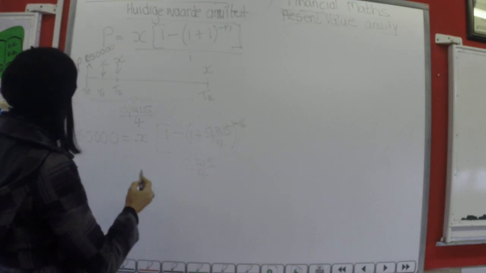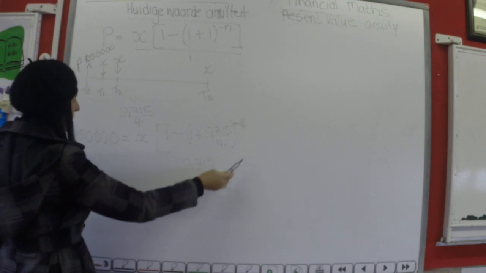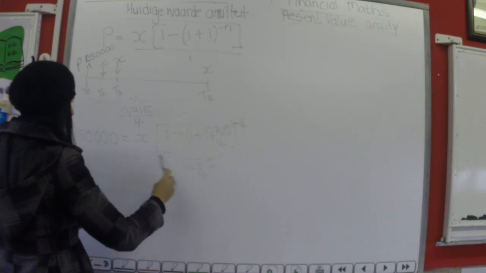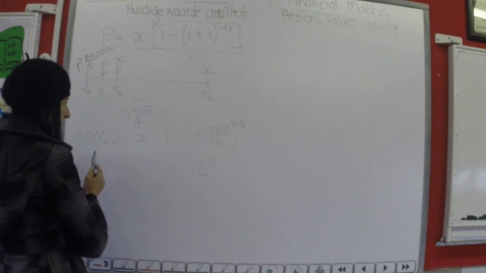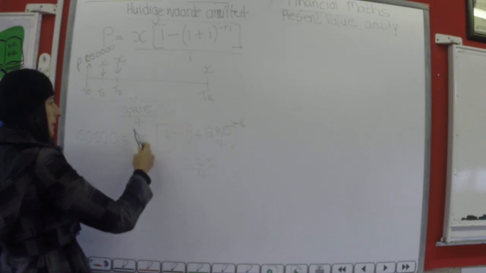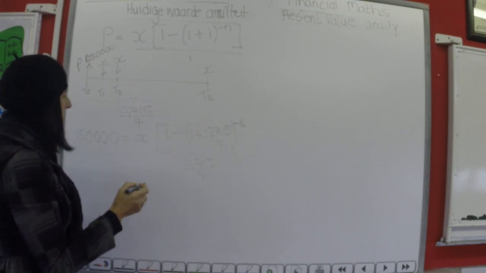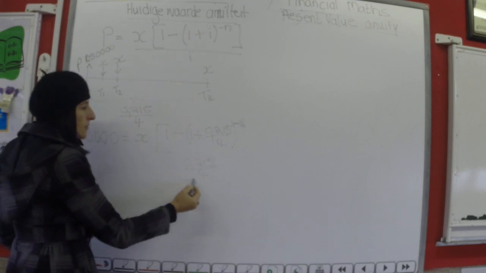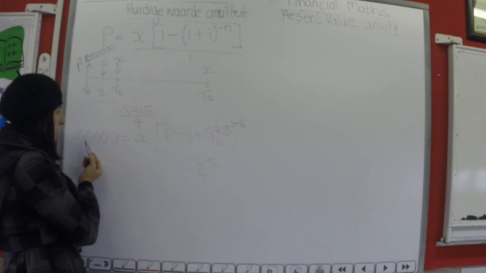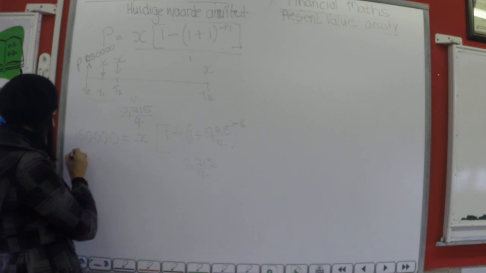So om X te bepaal, gaan ek hierdie hele gedeelte vat. It's multiplication, so I'm going to first take that to that side, so dit word maal, en dan gaan ek deel met daai gedeelte. Reg so? So kyk weer, can we take this to the other side of the equals to, so it becomes multiplication. So ek gaan hê